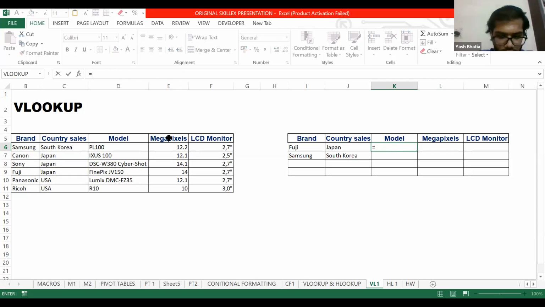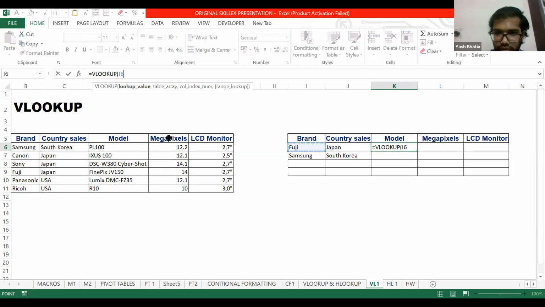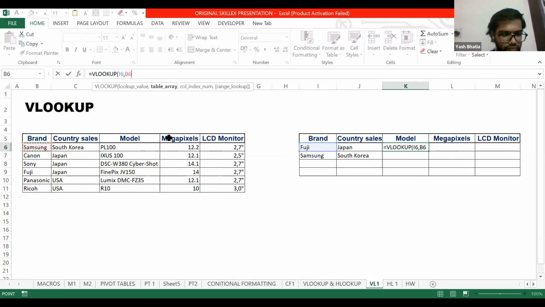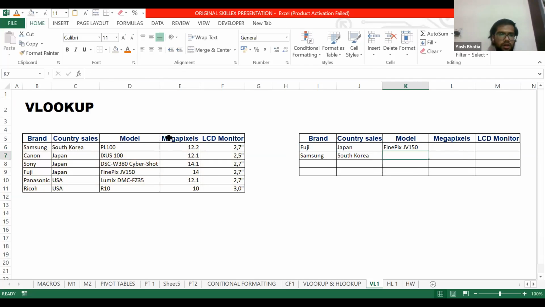Better I apply VLOOKUP again. So sorry guys. VLOOKUP, then lookup value, then I will select the table, then column index number, that's 3, false. Okay, now it's showing correct model, FinePix JB150. Let me paste this,